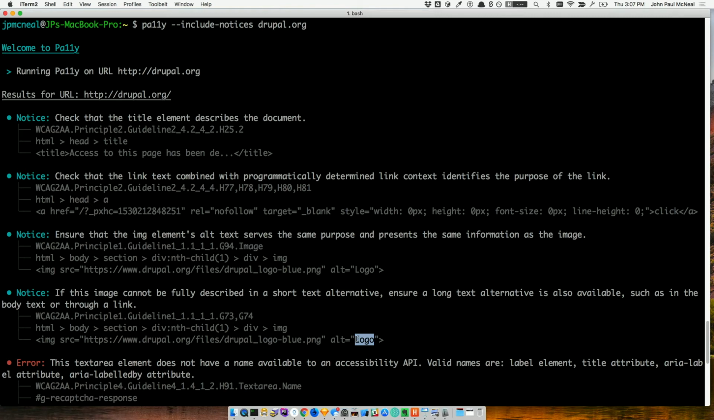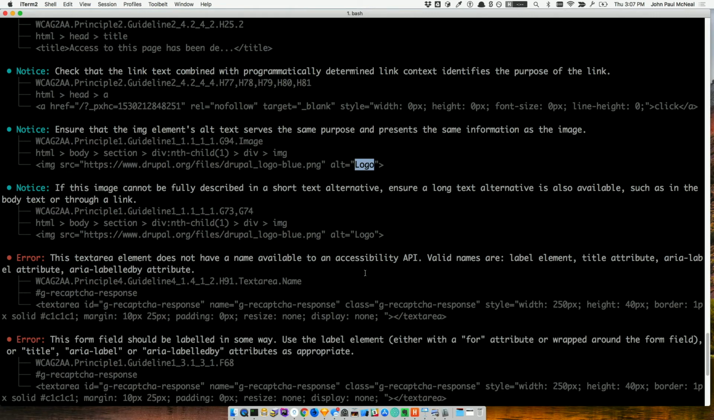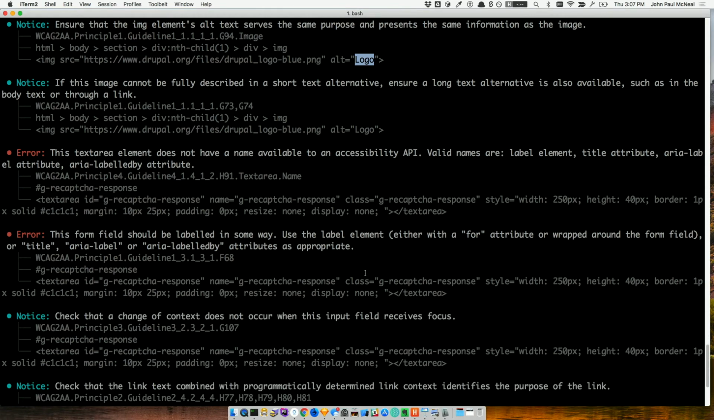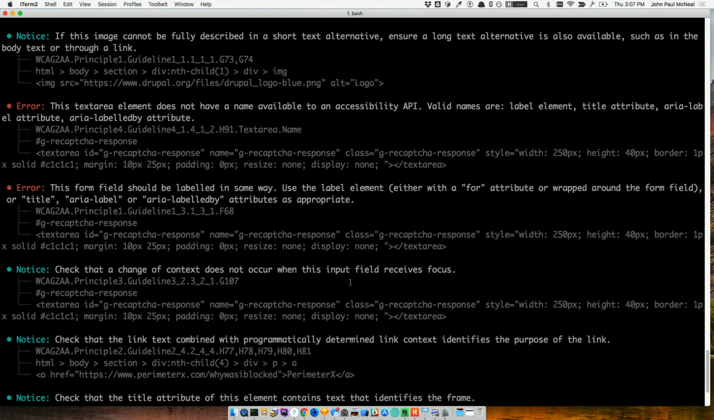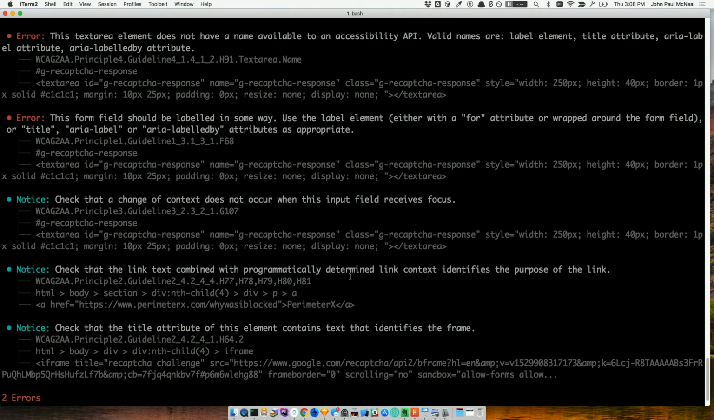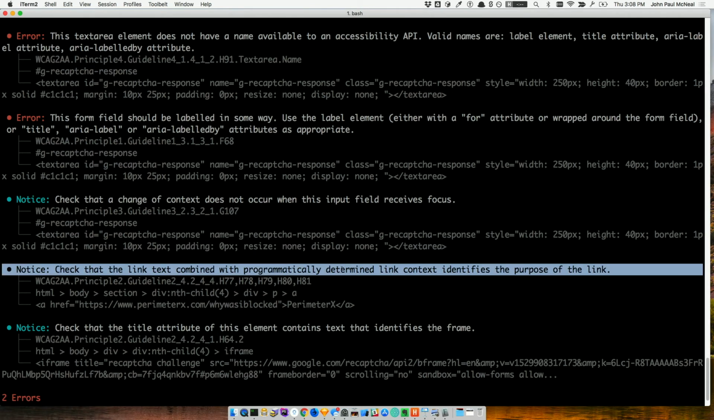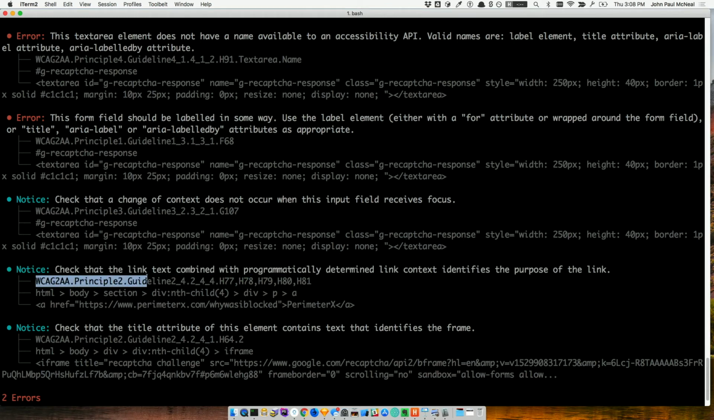But I would say that should probably have a little bit more descriptive text. That's me. And I could file an issue on Drupal.org. I could go in, and I might. So it does help you. It does give you the